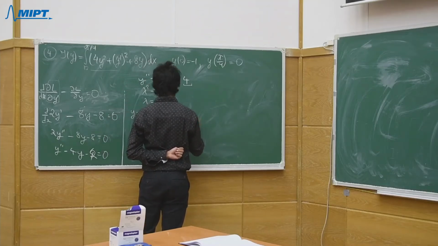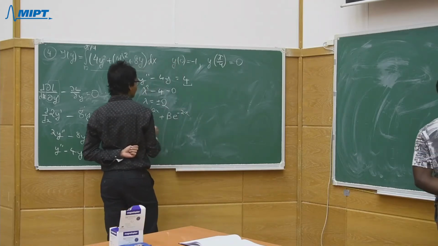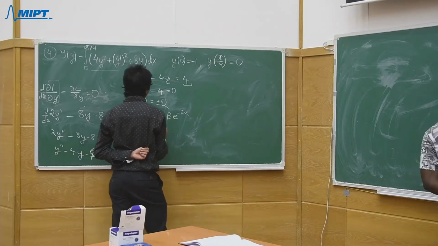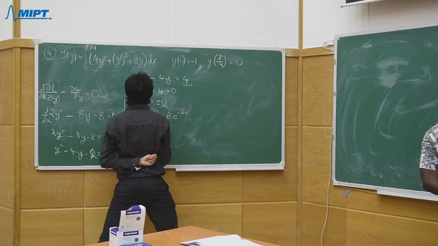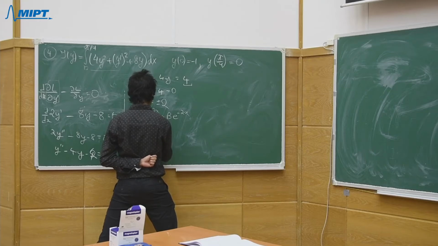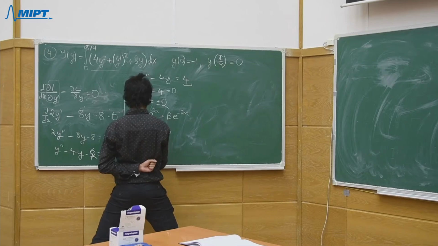And what to do next? So how to write the answer? This is not the answer to the problem. This is a particular solution, and how to use this condition, for example. Do you know? No. So you haven't solved this equation, yes, because this is a particular solution, and this is the general solution